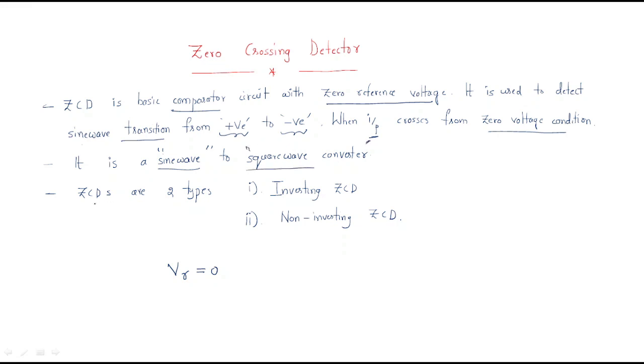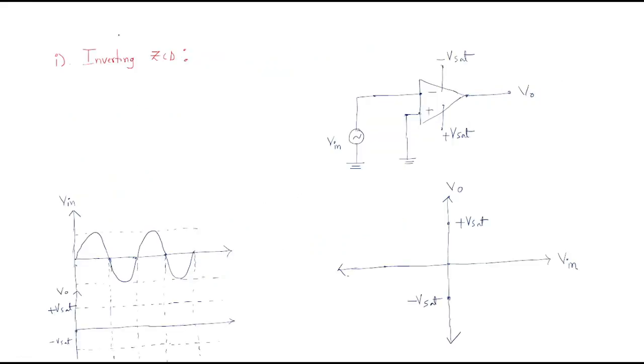Again, zero crossing detectors are generally of two types. One is the inverting zero crossing detector, and the other is the non-inverting zero crossing detector. So now we will discuss these types. First is the inverting zero crossing detector. The name itself means we are giving the input voltage to the inverting terminal, and this is nothing but